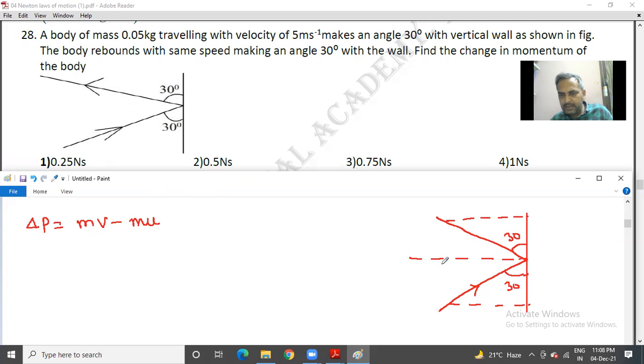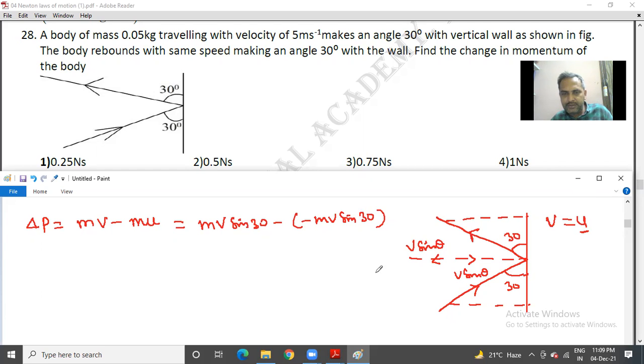So velocity component before hitting will be, in case they mention v as 5, v sin 30, and after reflection it will be v sin 30. So v sin theta both are opposite, so it will be mv sin 30 minus, components are opposite means minus mv sin 30, and they mentioned that v equal to u. Before hitting consider u, and after hitting v, but magnitudes are same, so therefore it will be 2mv sin 30,